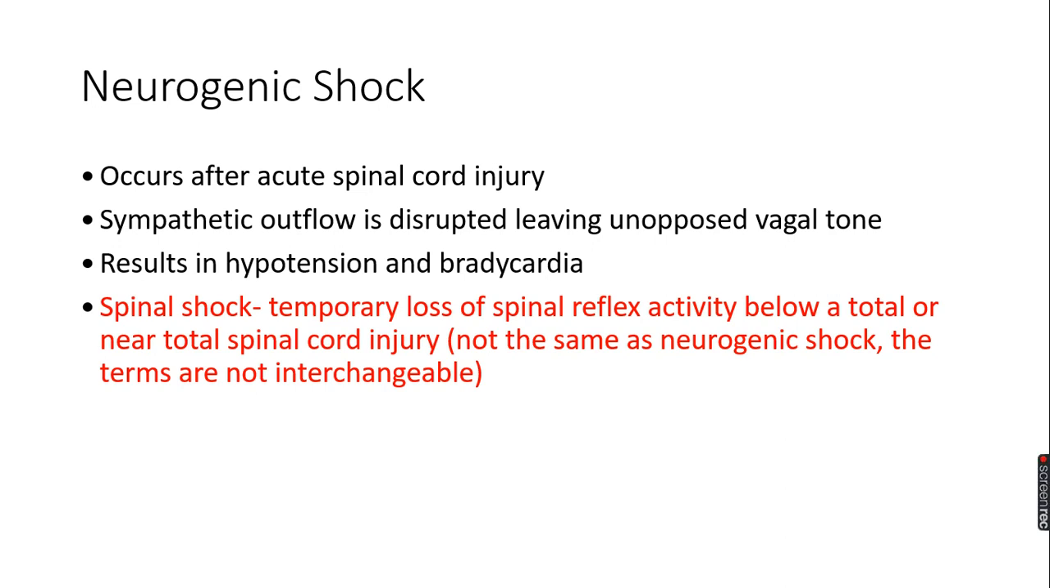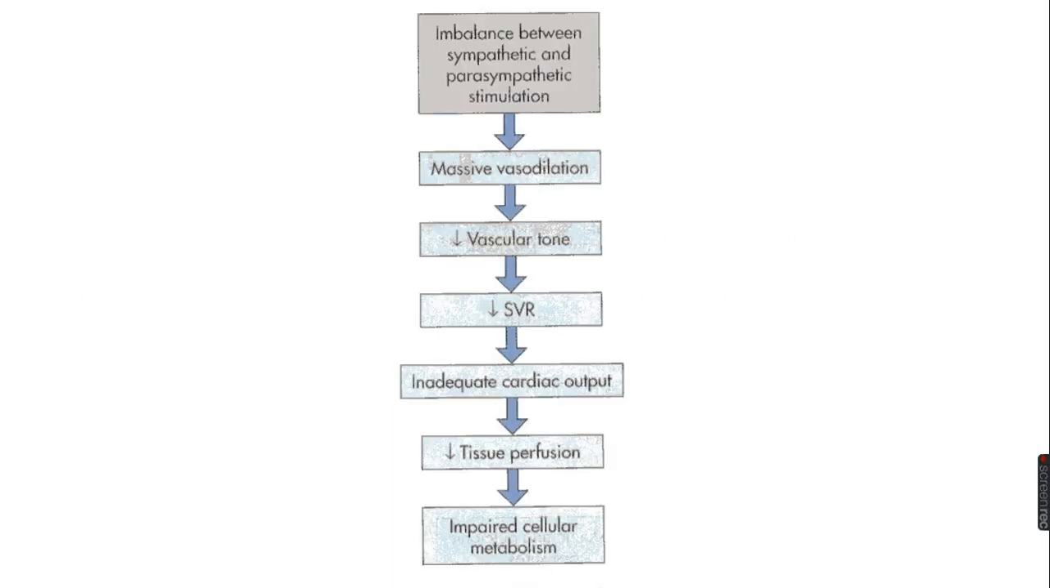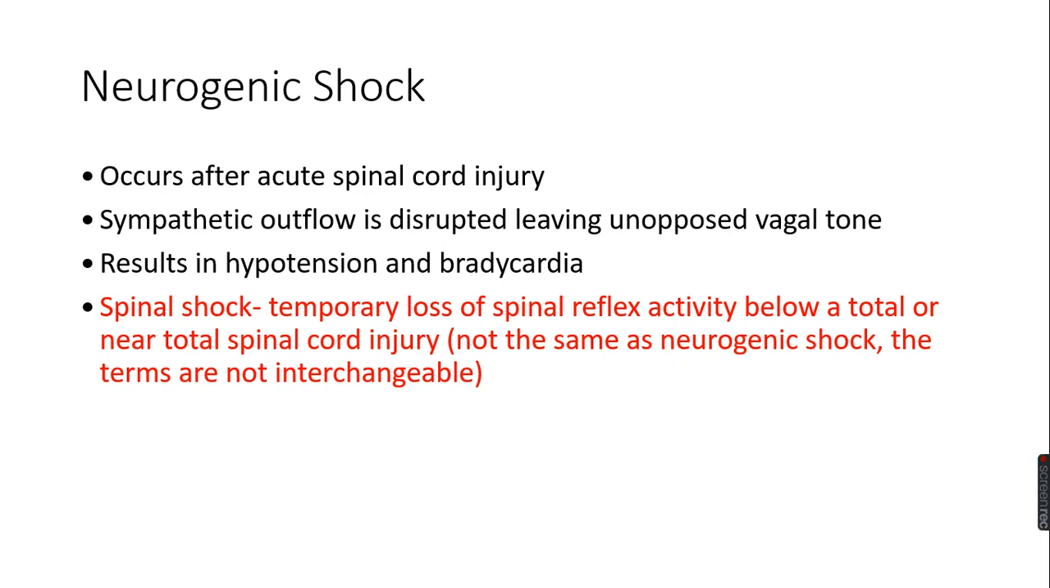So it occurs after an acute spinal cord injury. You have sympathetic outflow being disrupted, leaving unopposed vagal tone. This results in hypotension and bradycardia. Spinal shock is a temporary loss of spinal reflex activity below a total or near total spinal cord injury, and it's not the same as neurogenic shock, and the terms cannot be used interchangeably. Whenever you're asked to differentiate spinal shock and neurogenic shock, you should realize that spinal shock is more or less a reflex type of shock that results from a spinal injury, whereas neurogenic shock